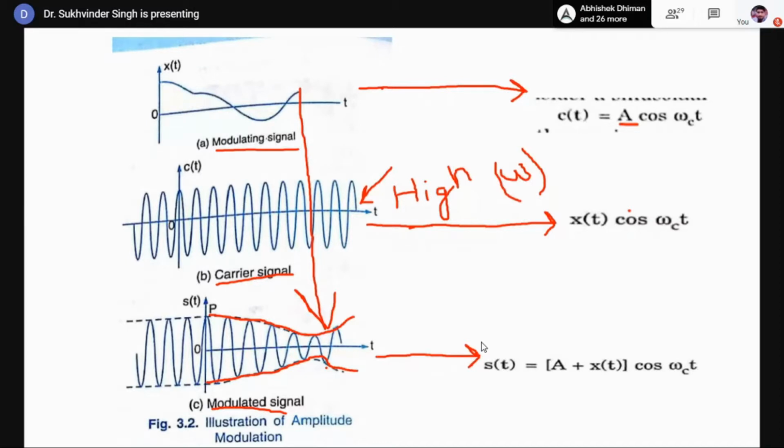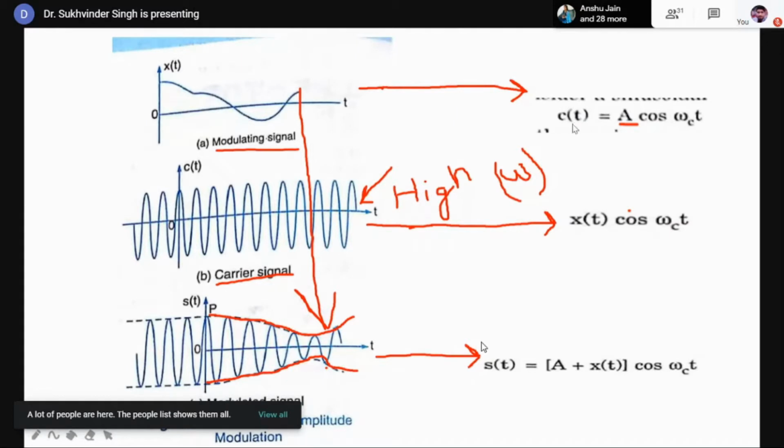Okay, in our previous lecture, we talked about the theory behind amplitude modulation. In that lecture, we discussed how the modulation process takes place. We represented a modulating signal with the help of this first diagram, which is varying with respect to time. This information signal or modulating signal is changing with respect to time, and the expression for this signal is